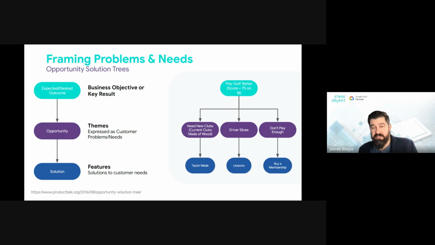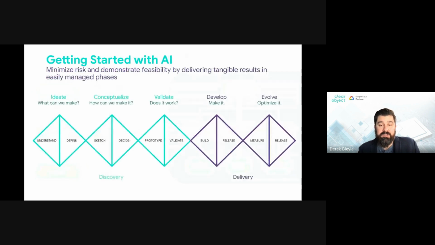A lot of times what we try to say is don't pick one solution until you've come up with at least 10 underneath that. Because a lot of times this is really where you can start to see some novel concepts come out, especially if you're making these decisions as a team. So, just tying this back, I'll show some examples of how you can think about this when it relates to AI. But again, focus on what is your overall goal and business objective, and really start to understand those opportunities and see what those solutions are. And some of those will be AI enabled, others will just be standard changing processes, things around your organization.